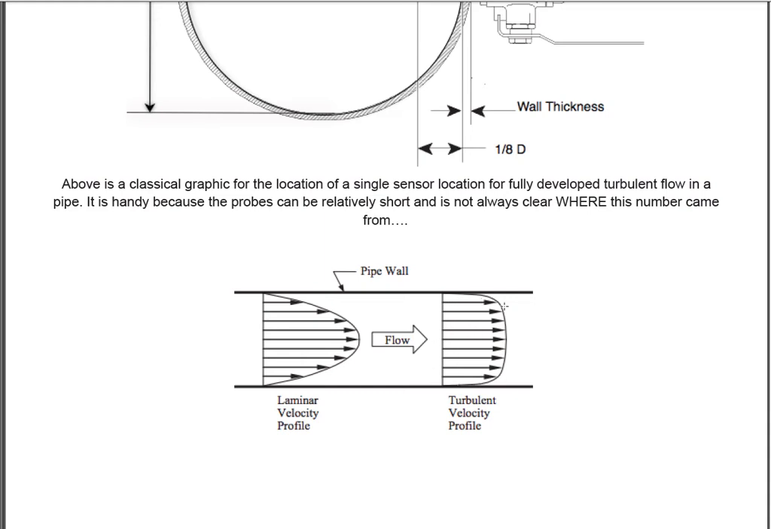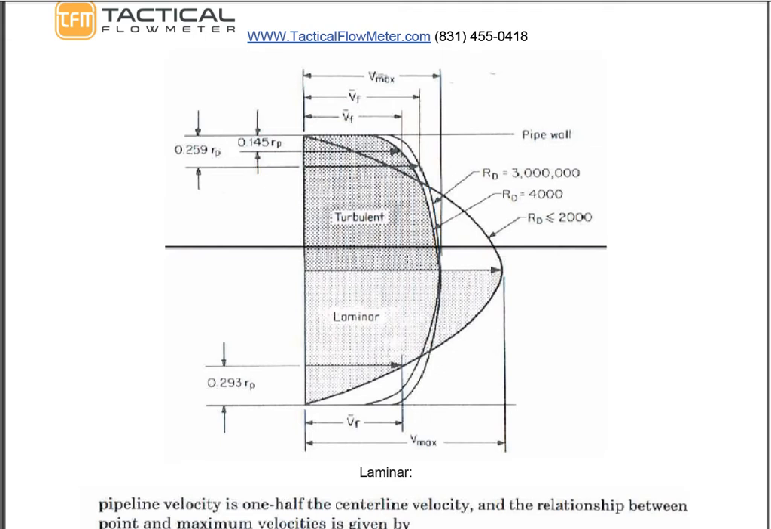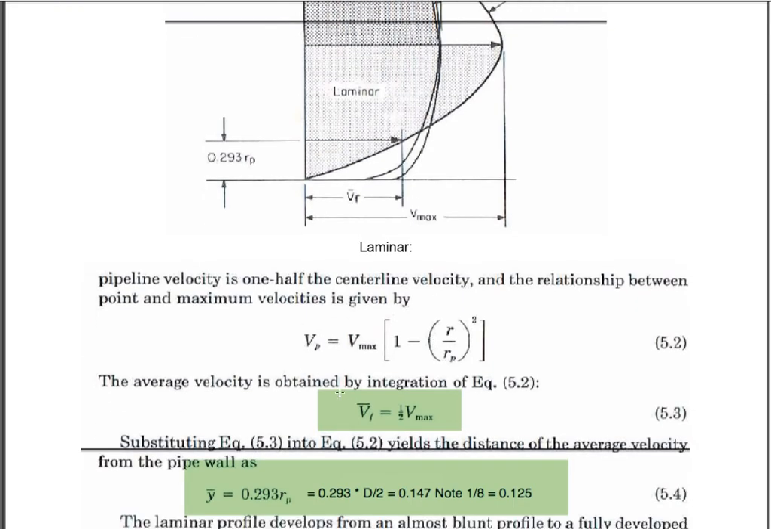And notice that the shape is more flat, and the velocity, because this is actually parabolic, can be represented here. Here are some diagrams from Miller. This one describes laminar. This is the max velocity, V max, and then there's the V total flow, the integral of the flow. So the actual flow is half of the maximum flow in